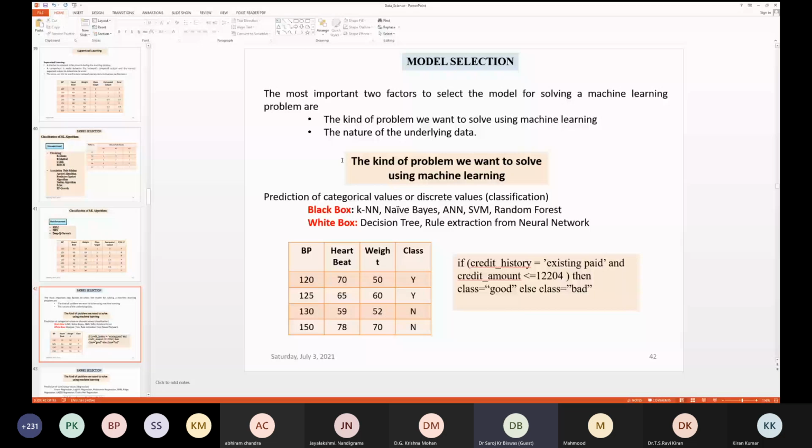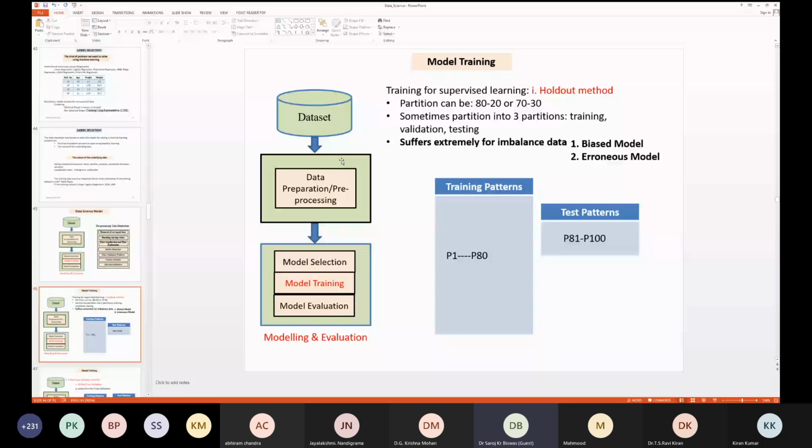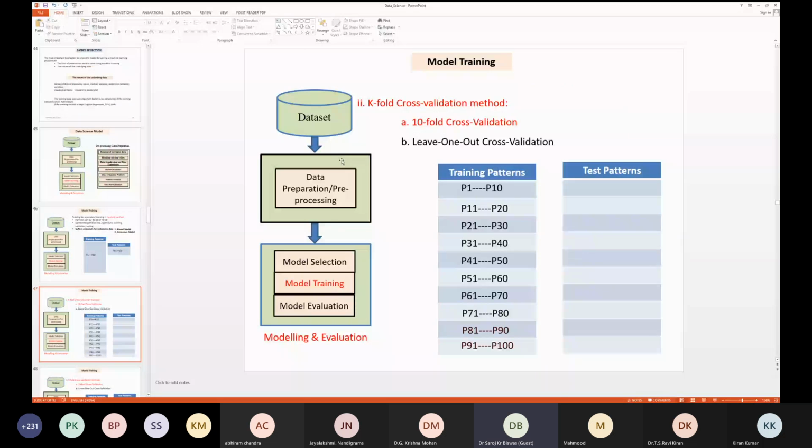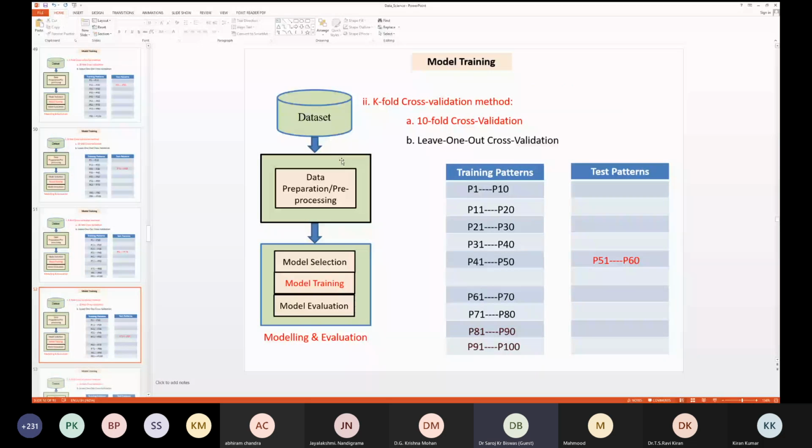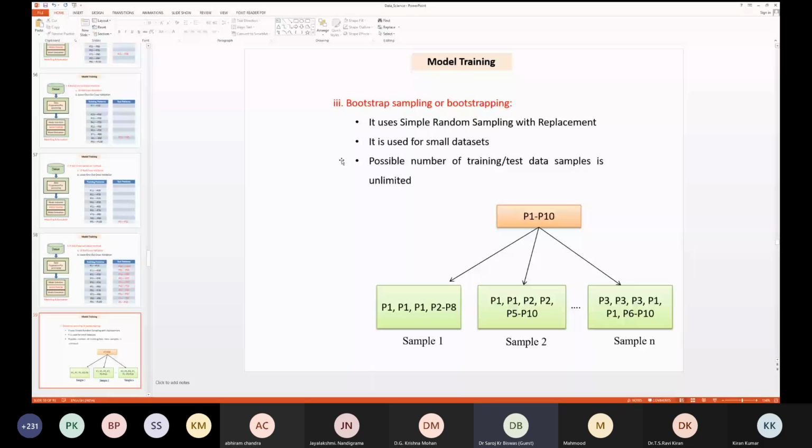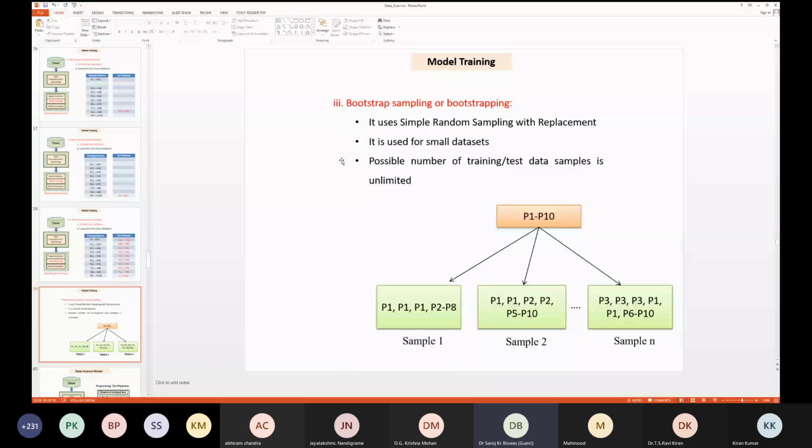Generally people take 80% for training and 20% for testing. This method is called the holdout method, but it has certain problems. To sort out this problem, k-fold cross validation is there, and the whole working principle is described here. Again, k-fold cross validation has a problem: if the data set is very small, then k-fold cross validation cannot be done. To overcome that problem,